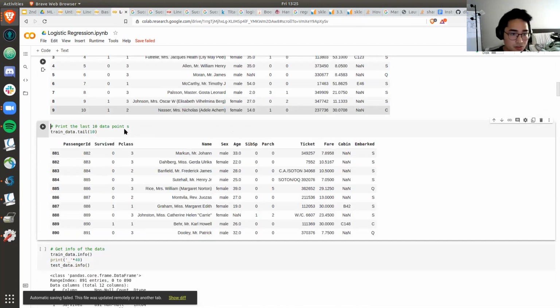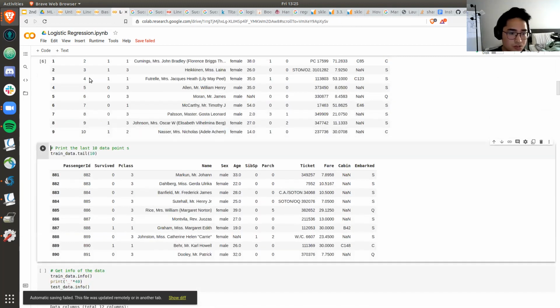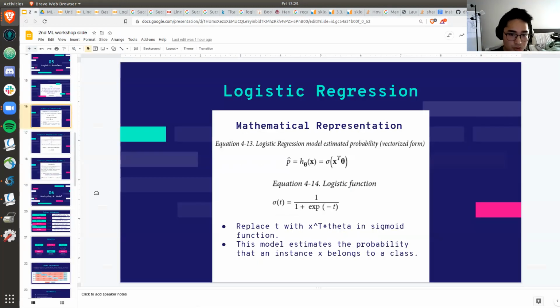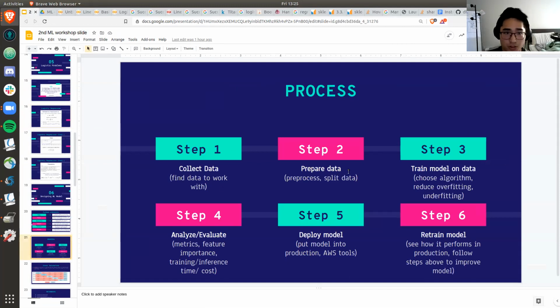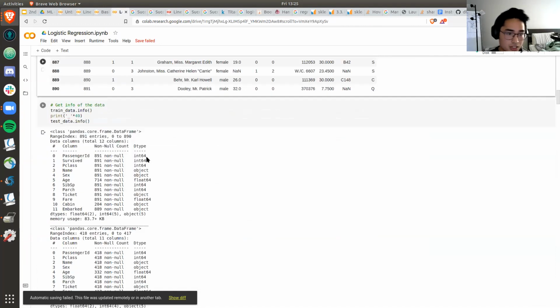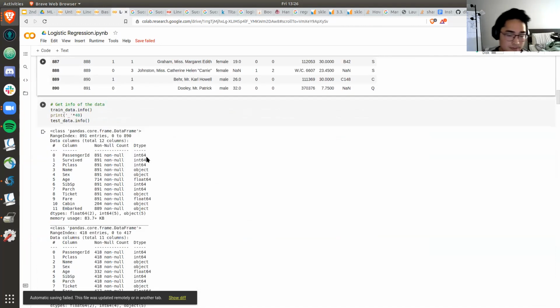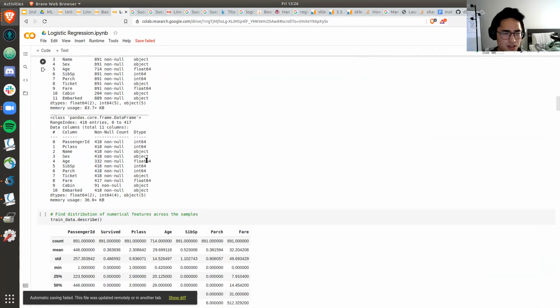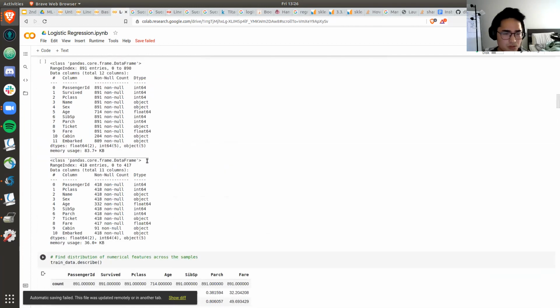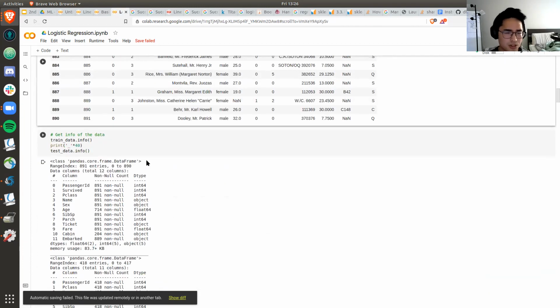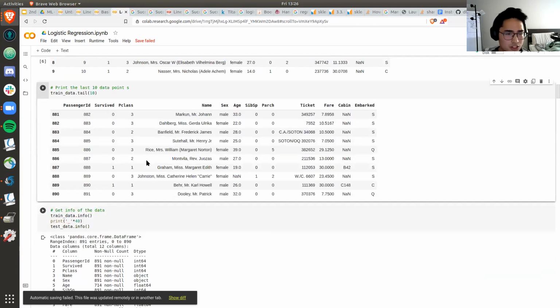Like we said, we want to collect our data. The next step is to prepare our data. Preparing our data means we want to take out any columns or features that may be useless to us. But before we do that, we need to know the correlation between all these features.